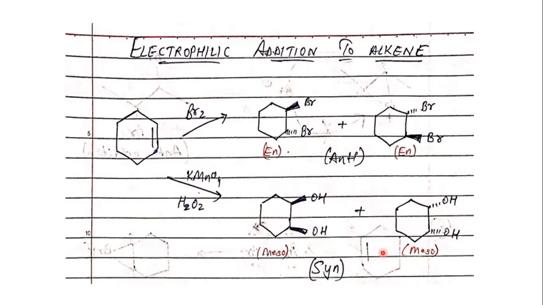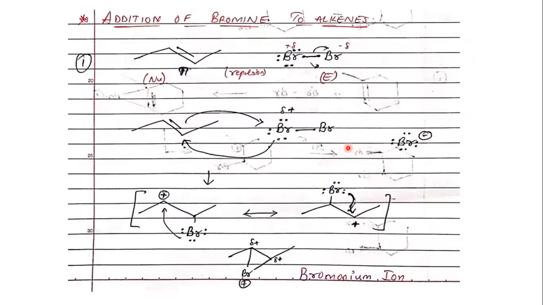Most of your reactions in this chapter are nothing but anti-additions. So most of your electrophilic addition to alkene takes place via anti-addition. Some do undergo syn addition, but most of them undergo anti-addition. So the first reaction out of the five that we are going to see is addition of bromine to alkene. Here I have taken an alkene. This is nothing but a basic 2-butene, and this is your Br2 structure here, bromine.